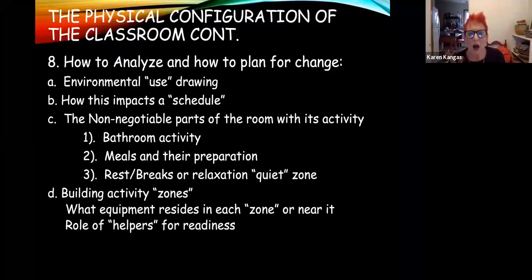Okay, so I will say that I'm not going to go a whole lot into how I do this environmental use drawing. Essentially, what I do is I want you to figure out what parts of your day are used the most often. And I then do want you, all of us, if you haven't watched HGTV, you know somebody that does. And you know that as soon as you're talking about redecorating anything or open concept, we look at activity zones. And I want us to start recognizing we need to have equipment zones, and we need to, as